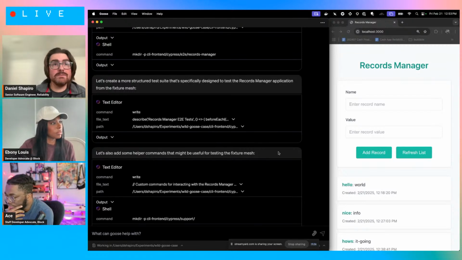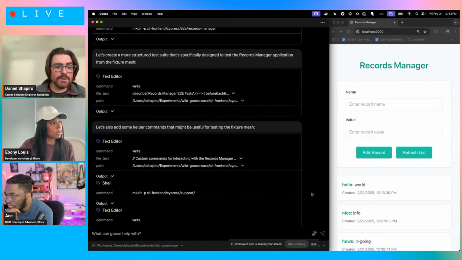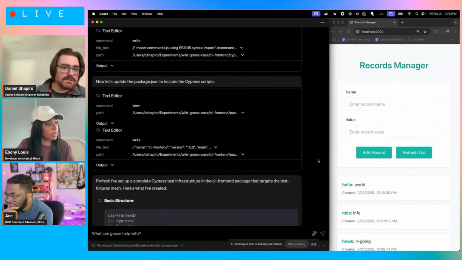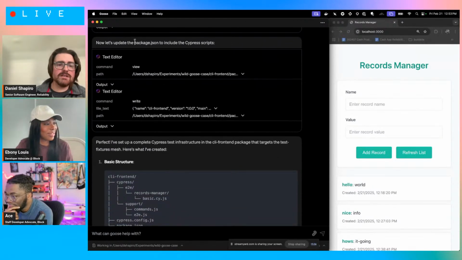And I would love Goose to build the same sort of functionality into the POC that we're working with right now. It's going to add a few helper commands. Man, Goose is so productive. Let's go. Nice. And then finally, it's going to weave everything together and include Cypress into my build environment via package JSON,